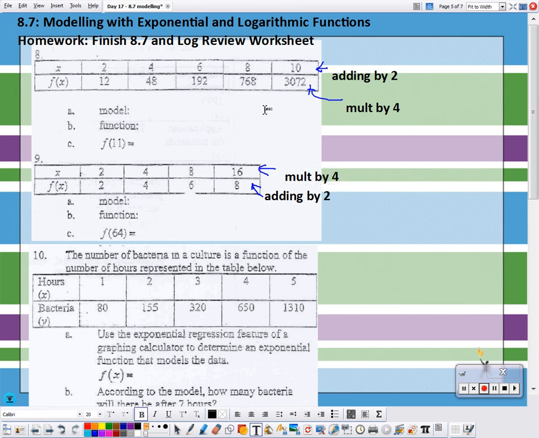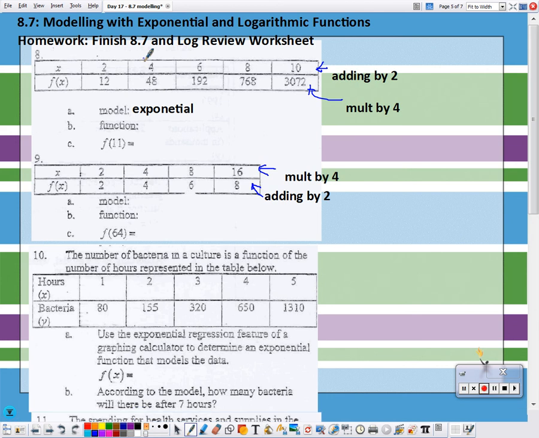So we have to think to ourselves, all right, well, we know that this is exponential. But what's the function going to be? Well, this is where we have to get a little creative and say to ourselves, all right, well, if this is 2 and this is 4, in the middle here is 3. And if we're multiplying by 4, what are we multiplying by in between? Well, 12 times 2 would give us 24, times another 2 would give us 48. So I know my b value is actually 2. Another way to look at this is to say 12b squared equals 48, like we did yesterday, and solve,